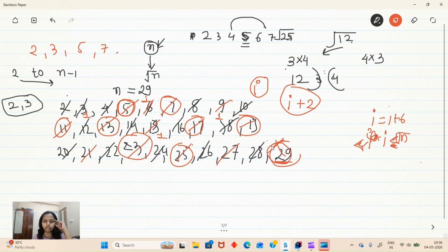In this example, I'm explaining that I want to check 29 without using this root n. So we found that we don't have to iterate everything. Initially we excluded this, we didn't iterate this thing. We only iterated this: 1, 2, 3, 4, 5, 6, 7, 8. If you go by loop, it is almost 3 times better than this approach.